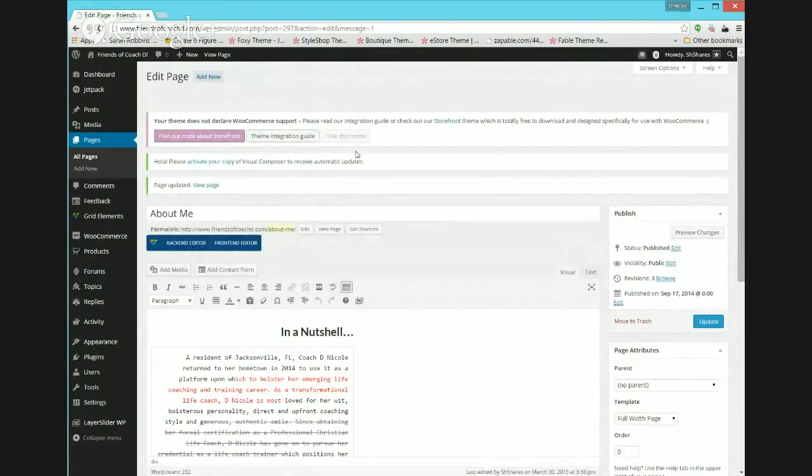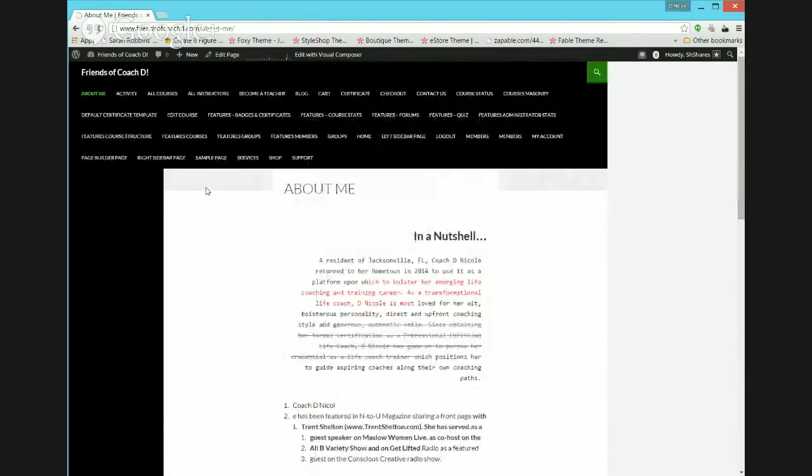Okay, but it shows me that my page has been updated, and I can click the view page to look at it. And there you go. I already looked at it. Okay, now this is again the live site. This is how it looks to everybody else, including all of this. The only thing that visitors don't see is this top bar, but everything else shows you exactly what